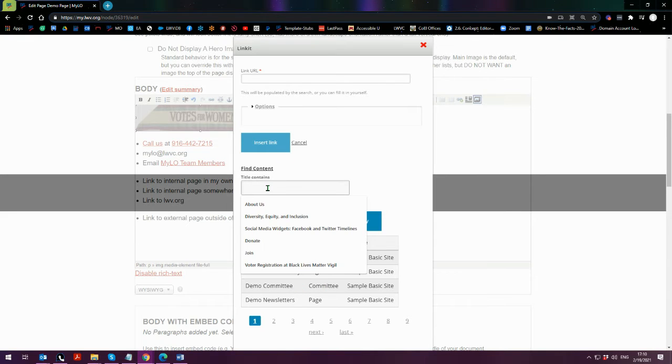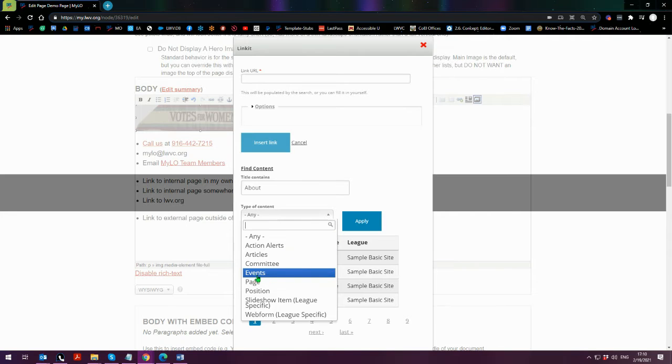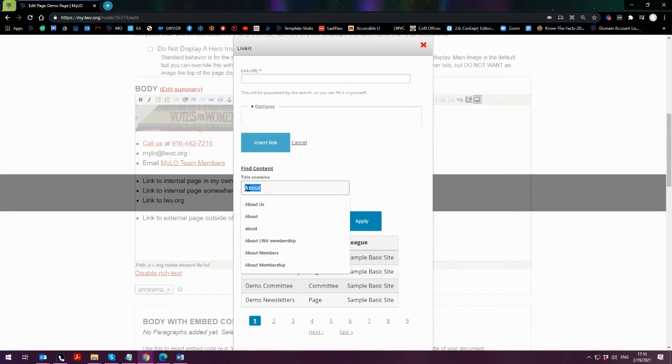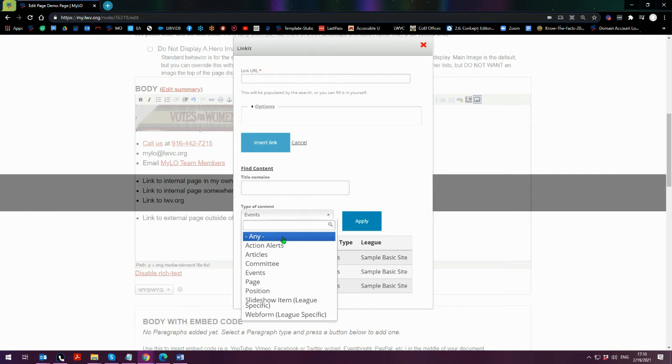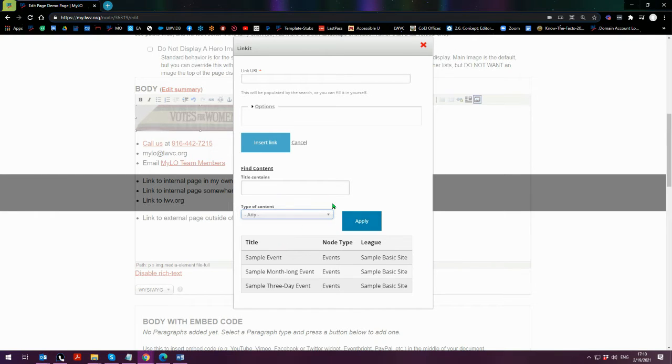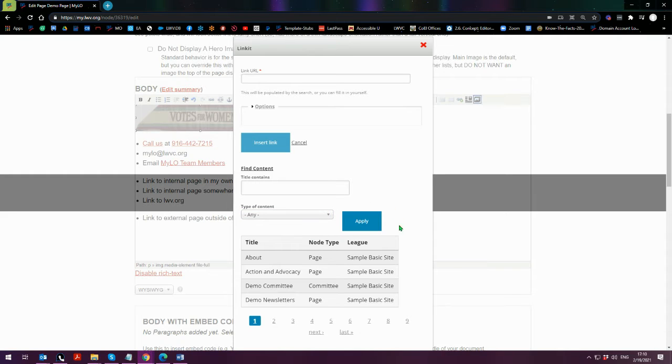And I can search either by the title, I can search by the content type. Any one of those that I specify, I have to hit apply to make that narrowing down of the list. When it comes to this search, you can either go with that or go through page by page. It's in alphabetical order,